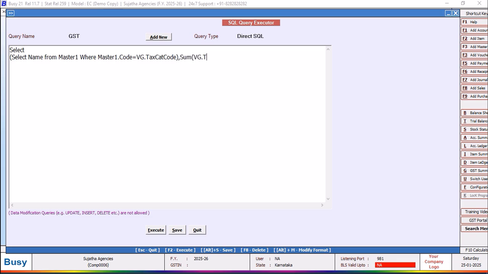Sum of vg.taxable AMT, comma vg.tax rate, comma sum of vg.tax AMT, then comma vg.tax rate 1, comma sum of vg.tax AMT 1,